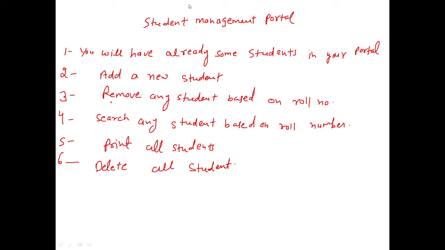Then remove any student based on roll number, right? If you press 2, it will ask you to please provide the roll number. You give the roll number, and once you input it, it will automatically delete that roll number, and it should print the full list after that, right? And then search. Of course you will search on behalf of roll number, meaning you will give 103 and it will search that student and print all information of that particular student only.